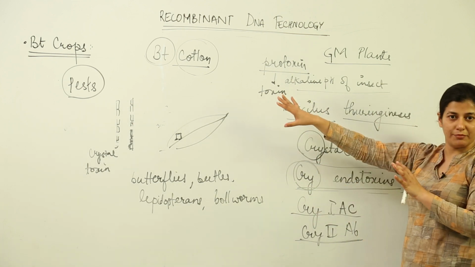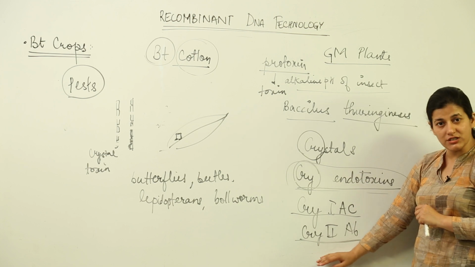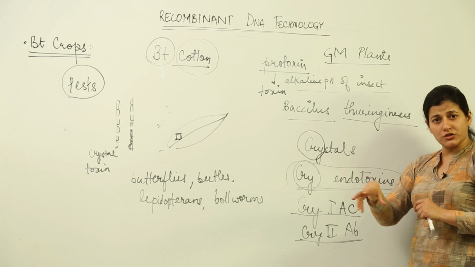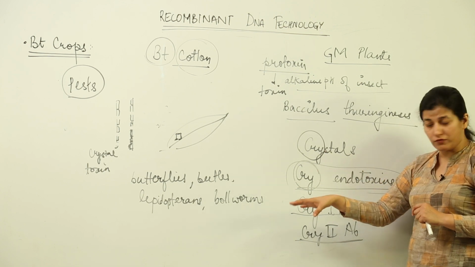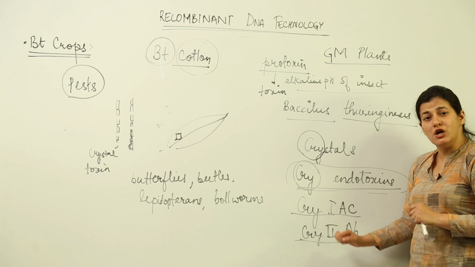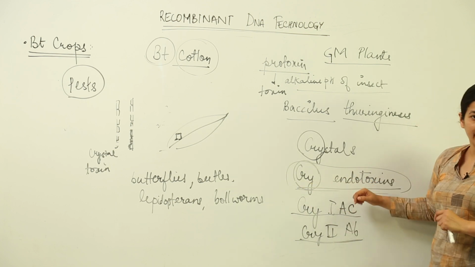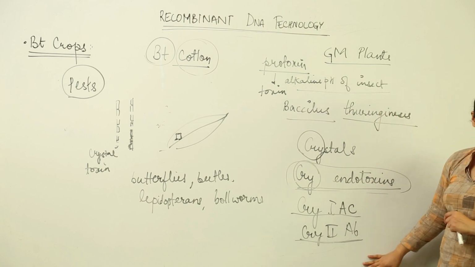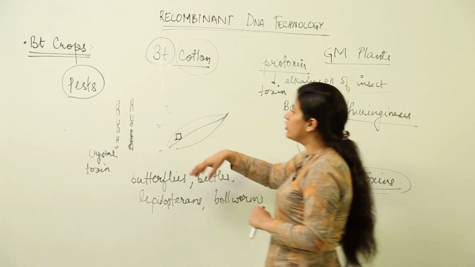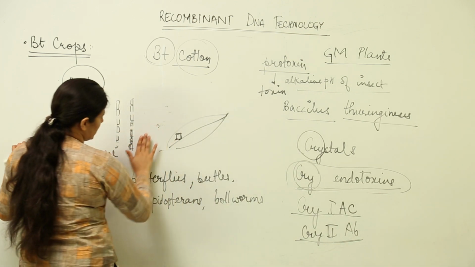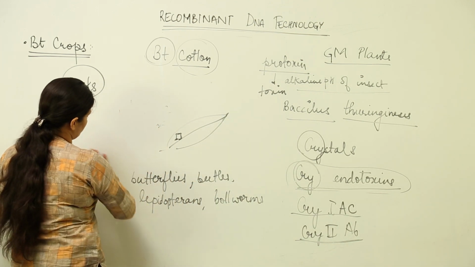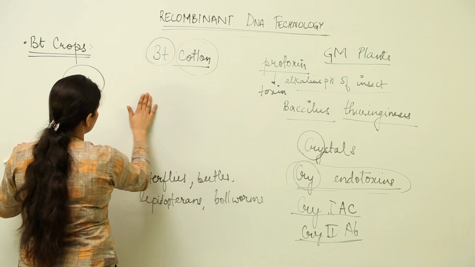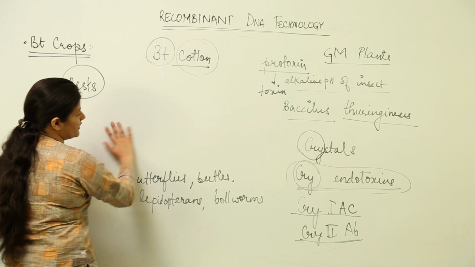So, we had the example of Bt cotton where we had the cry genes which were responsible for tackling the problem of corn borers and cotton bollworms. These two genes were responsible for producing the cry endotoxin inside the gut. Okay. So, this is a genetically modified crop. The cry gene has to be incorporated into the cotton plant's genome, and then it produces the toxins inside the gut of the pests which come and infest the plant.